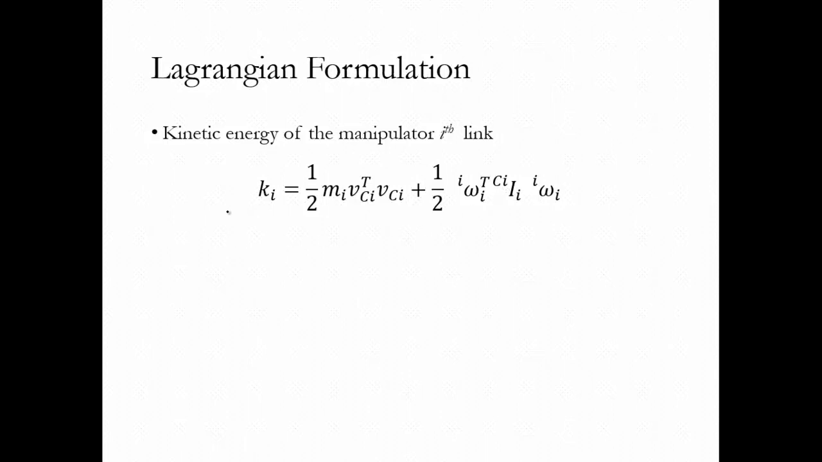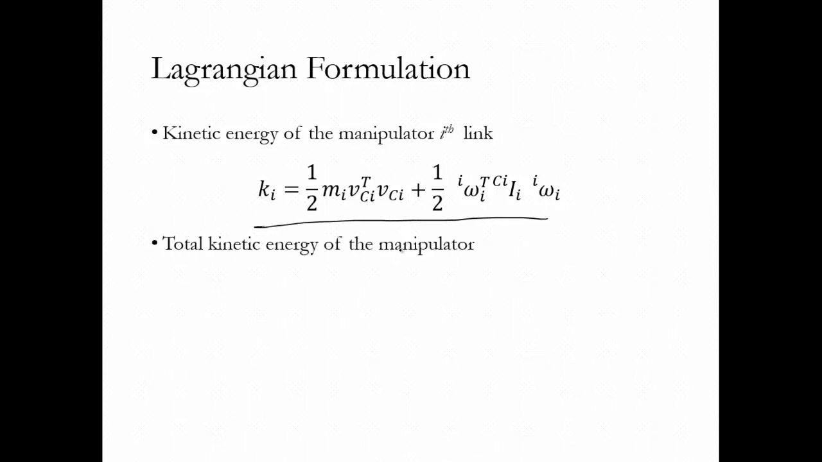This is how we represent the kinetic energy of an ith link, and then we can sum all these kinetic energies for the whole manipulator, K equals the summation of Ki, i equal to 1 to n. It is important that we know the mass of each link, the velocity of the center of mass of the links, the angular velocity of the links, and the moment of inertia about the center of mass. If we know all these clearly, we can evaluate the kinetic energy of the links and sum them for the kinetic energy of the whole manipulator,